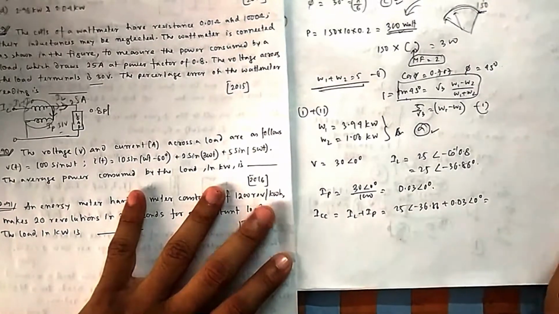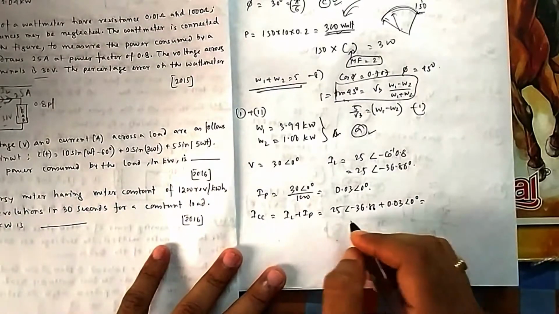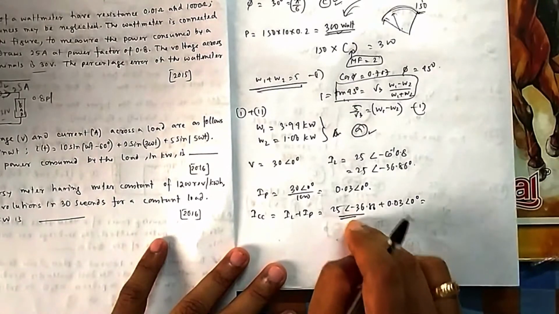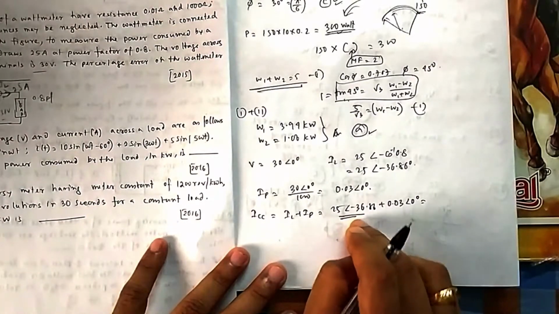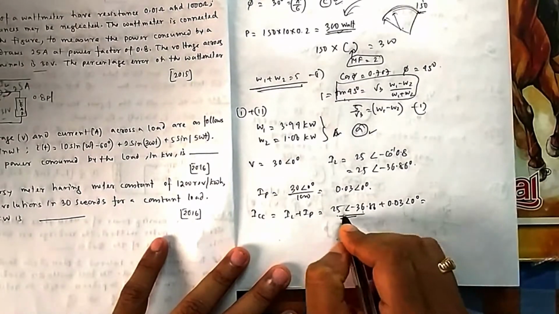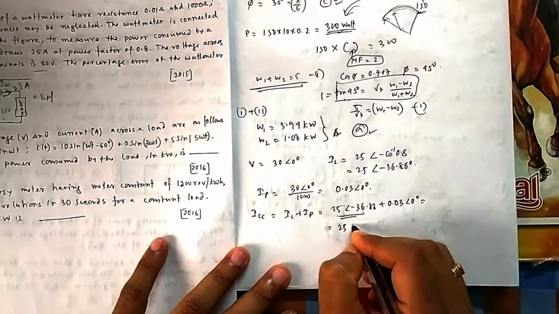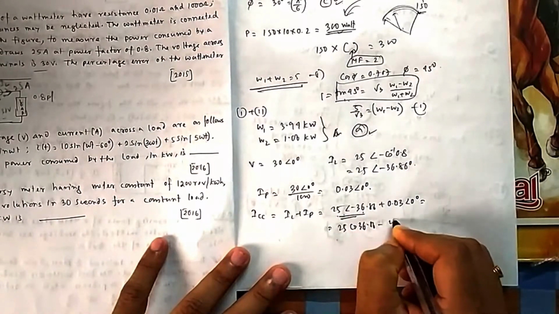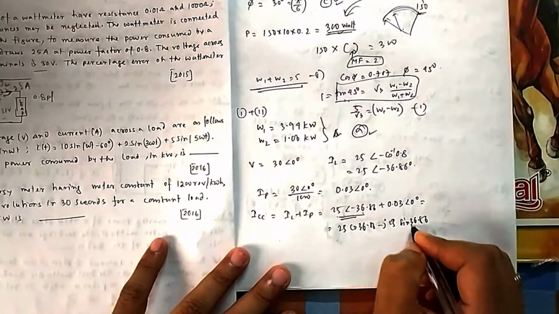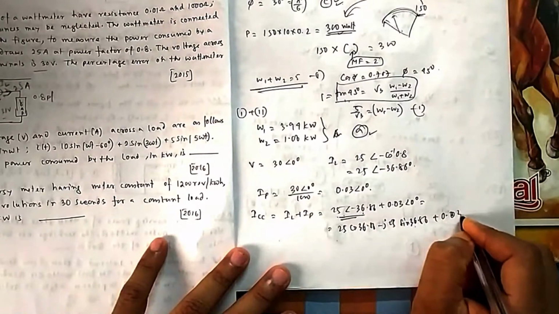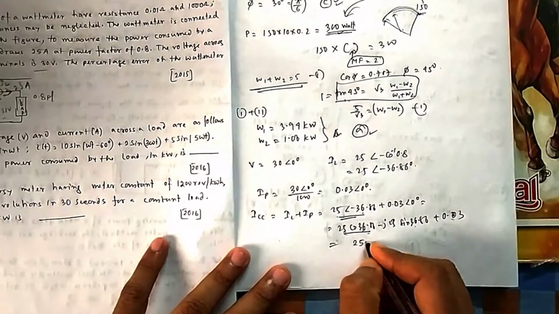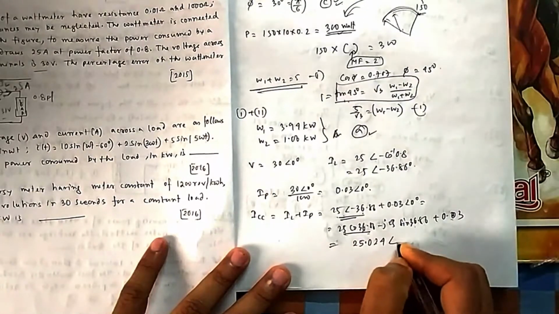In the computerized calculator that they will provide, you will not be able to directly convert it into rectangular. So you have to know how to convert it to rectangular. For now you can do it in a scientific calculator, but in that calculator it may not be feasible. So it is 25 cos and 25 sin, that you have to remember. It is 25 cos 36.86 minus j 25 sin 36.86. Why minus? Because the angle is minus, so sin will give you a minus. And 0.03, being real, will be added to the real part.